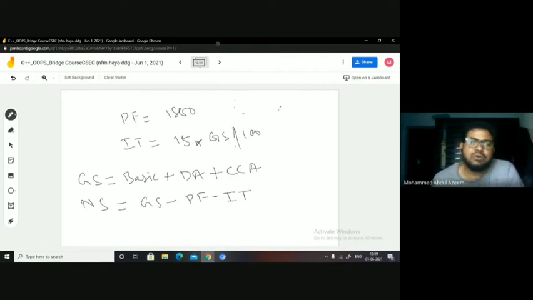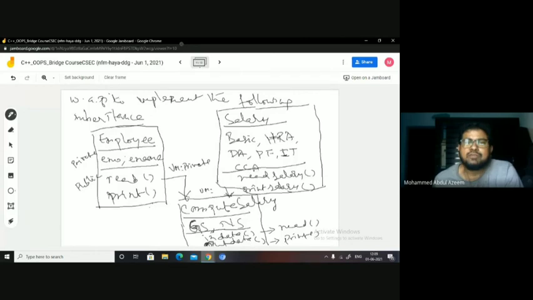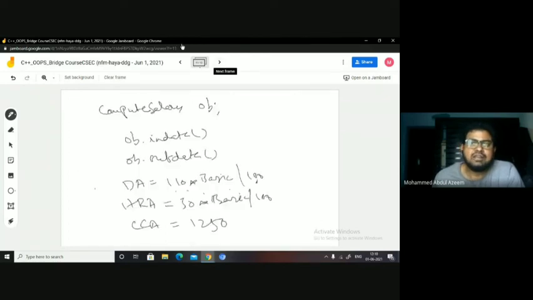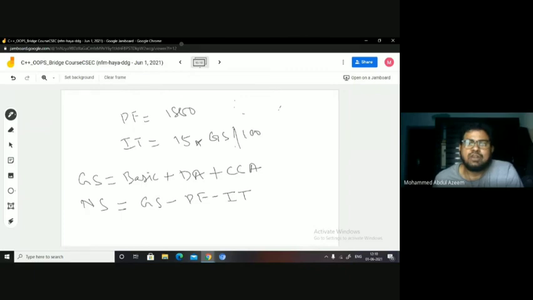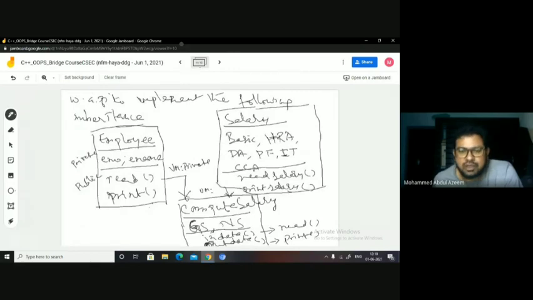So in order to get the net salary and gross salary, which are available as attributes of compute salary, you need these members to be directly available here, yes or no? Because I want to calculate the salary in the out data function, and only after I calculate it will you print all that. So in order to calculate gross salary and net salary here, these attributes are required to be made available directly in the derived class.